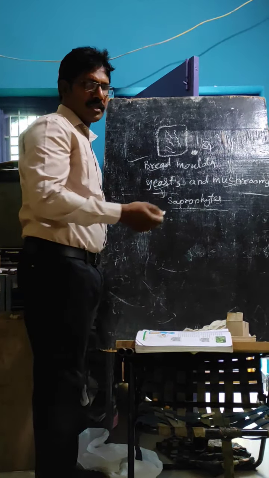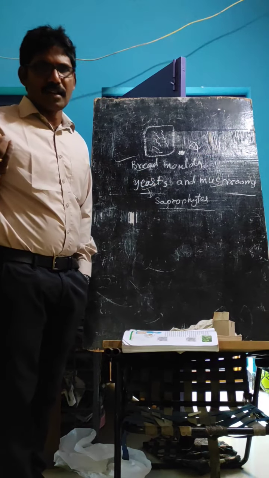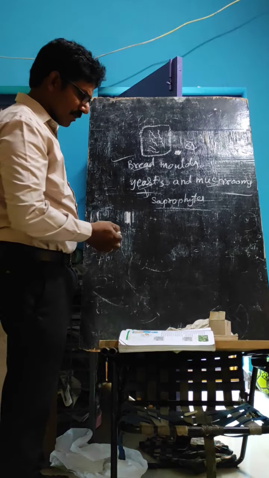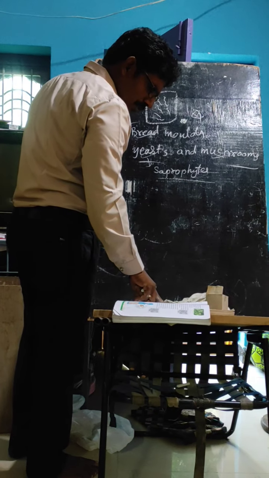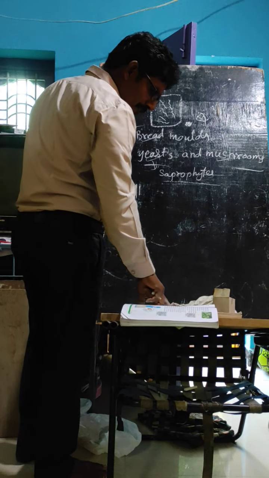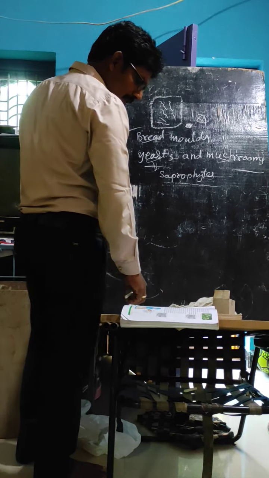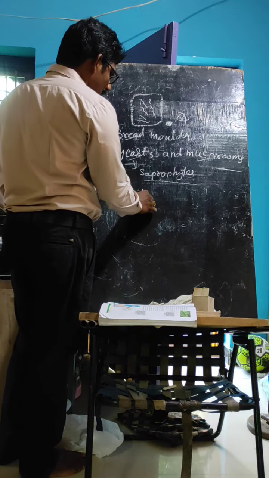In the exam they ask what are saprophytes, and yeast is the example for which type of nutrition, like that. Okay, now, next: some other organisms derive nutrition from plants or animals without killing them. Next we will discuss parasitic nutrition.